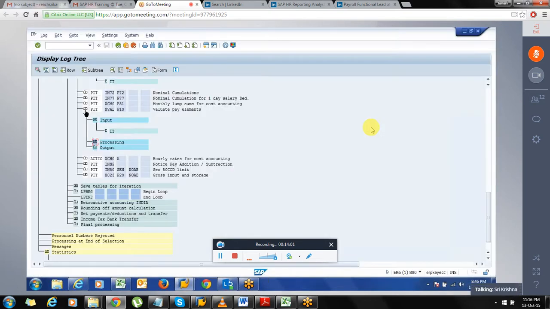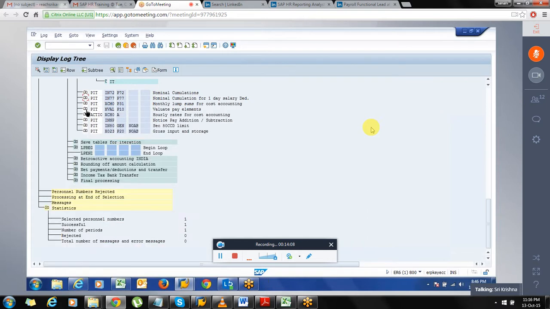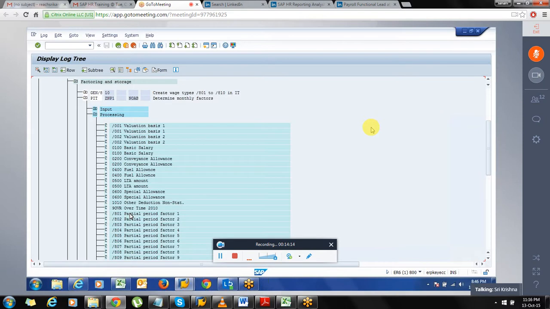Only thing is, we should understand the process. The system that was already there in standard for all countries is the same. Factoring will go in the same manner with the splits. Only thing is, whenever we are calculating, definitely we will get confused, but still it is a standardized process.